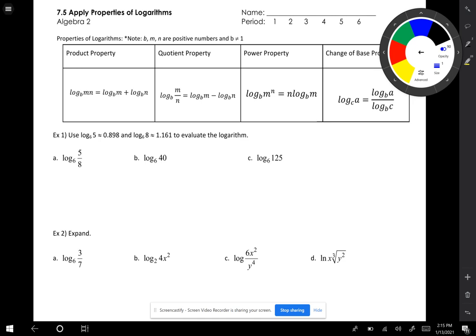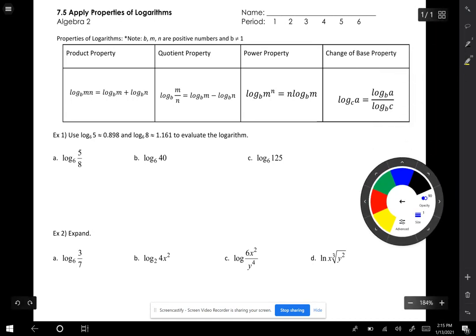Hello, Algebra 2 students. Today we'll be doing 7.5 notes, apply properties of the logarithms. In 7.4, we learned how to evaluate logs and graph logarithmic functions. In this section, we're going to learn 4 important properties of logs, and those properties are listed in the table